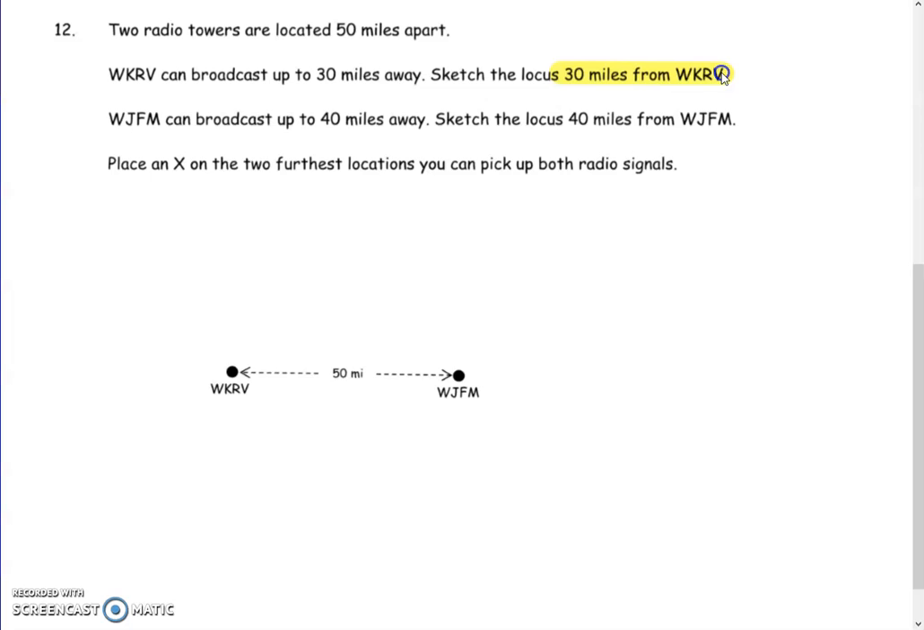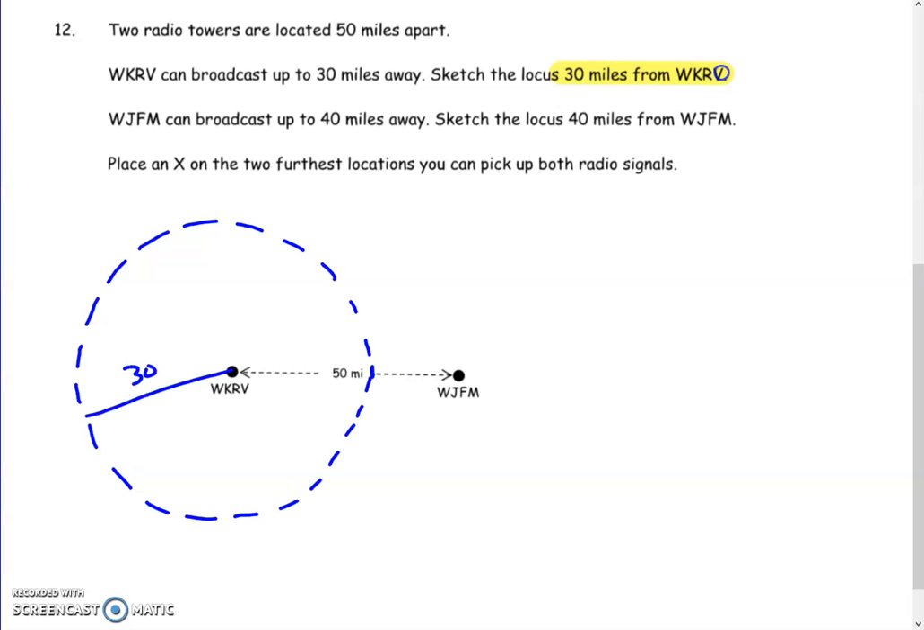Now look at the distance between them is 50. 30 is more than halfway. And we're just estimating here. We're not on a grid. So to the best of your ability, just sketch in a circle that has a radius of 30. So I've done this. Now the next one,